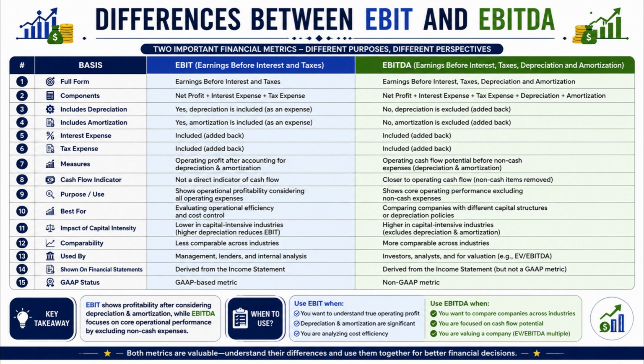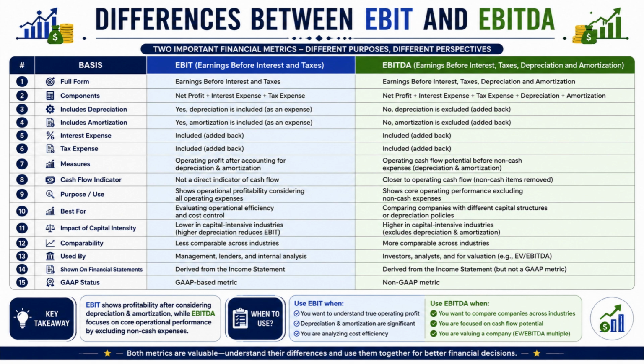Number 3. EBIT includes depreciation as an operating expense, whereas EBITDA excludes depreciation by adding it back. Number 4. EBIT includes amortization as an expense, whereas EBITDA excludes amortization by adding it back. Number 5. EBIT considers the impact of depreciation on profitability, whereas EBITDA removes the effect of depreciation to focus on